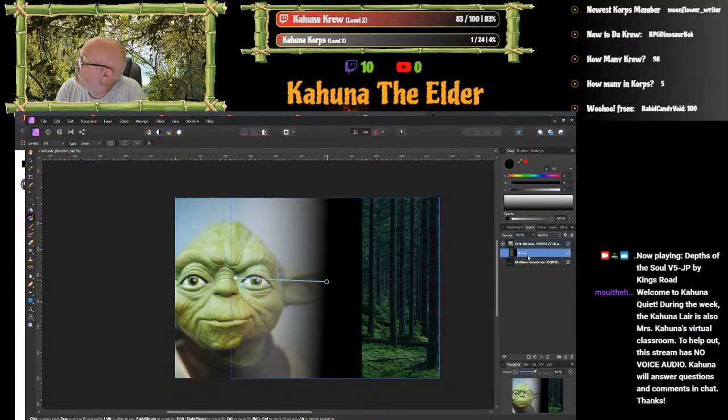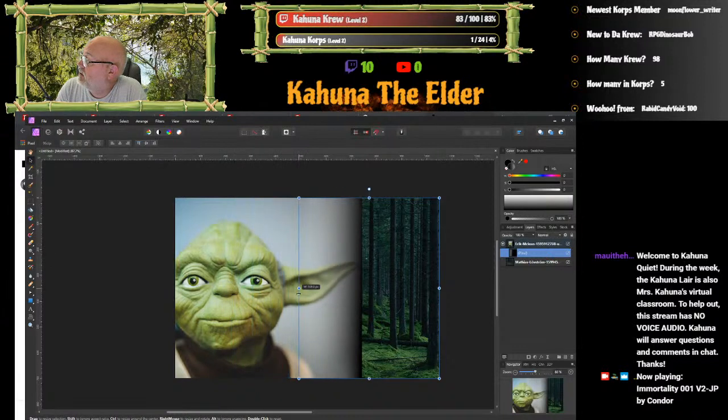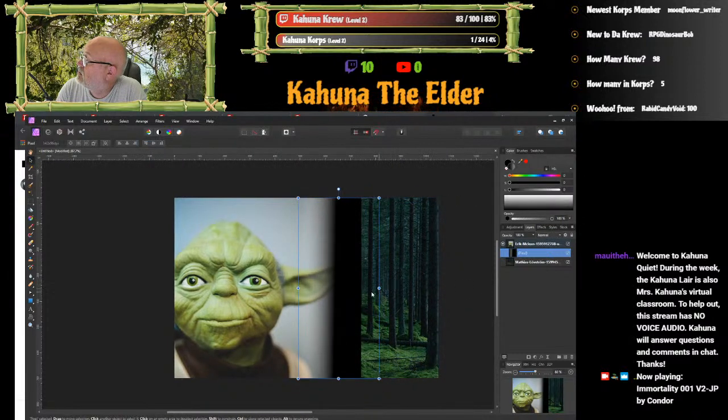This is not doing what I wanted it to do. I practiced this. Oh, yeah, okay. The fade needs to be fairly small. Okay, and this black area, we're going to retry that fill.